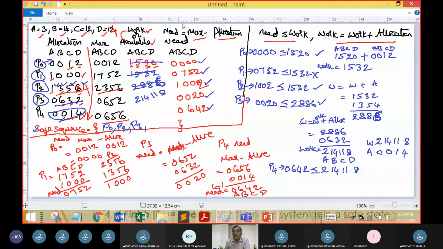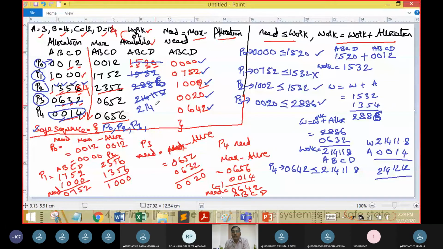Now we are going to do the addition here. So 8 plus 4 is 12 instances, 11 plus 1 is 12 instances, 14 plus 0 is 14, and 2 plus 0 is 2 instances. Now we are going to get it as 2, 14, 12 and 12. So now replace the work availability with 2, 14, 14 and 12. We are going to get this value.